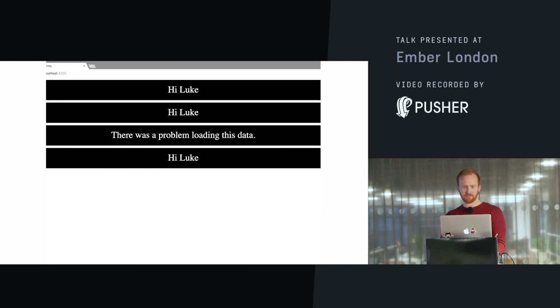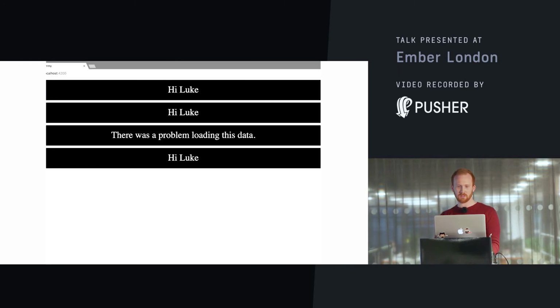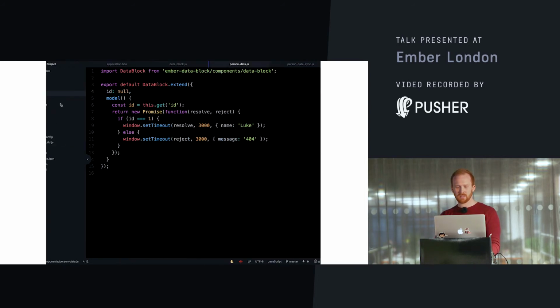And if I hit refresh, it's the top one you're looking at. So that set timeout was around 3 seconds. So for 3 seconds, we just get a blank. That could be whilst the app is going to get some data from the server. And then it just displays the template. So very simple. In the second example,